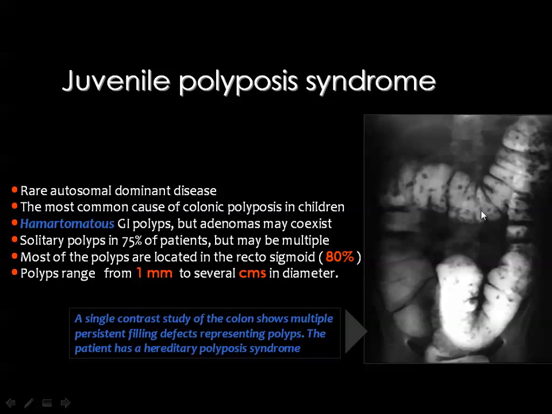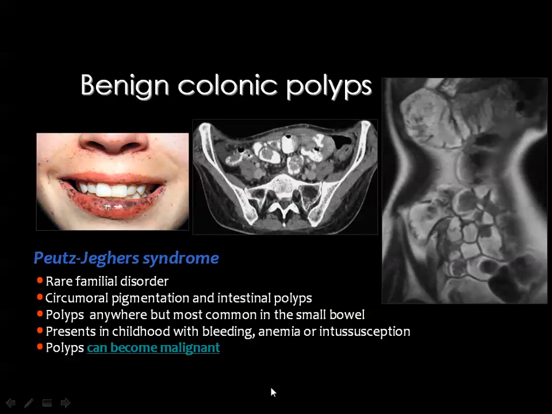Most of these polyps, or even all of these polyps, are on the hamartomatous side, and they do not have the risk of malignancy. And solitary polyps are seen in about 70% of the cases, but polyps may be multiple. Most of the polyps are located in the rectosigmoid area, in 80% of the cases, and the polyps range from 1 millimeter to several centimeters. Then you remember Peutz-Jeghers syndrome, which is a familial disorder